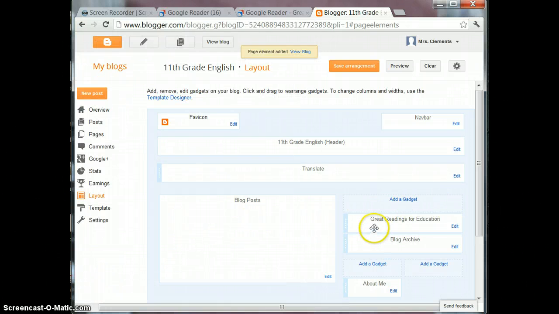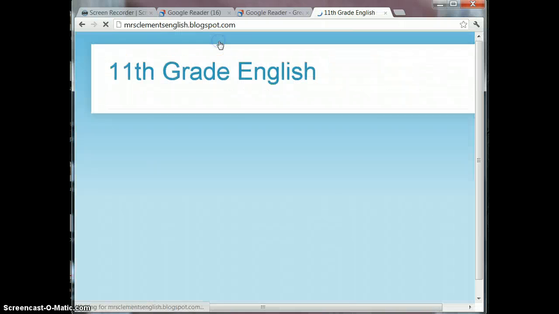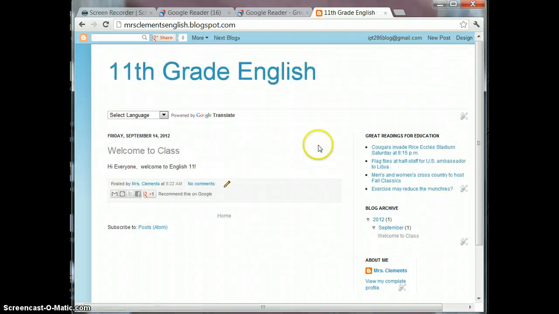And now that has put that gadget right here, Great Readings for Education. I'm going to save this arrangement. Now that actually saves that gadget to that location, and I'm going to say View Blog. And now here we are on my blog, and here's that news feed I just put in, Great Readings for Education. There are the 4 that I asked for it to show up, and it just shows the top 4